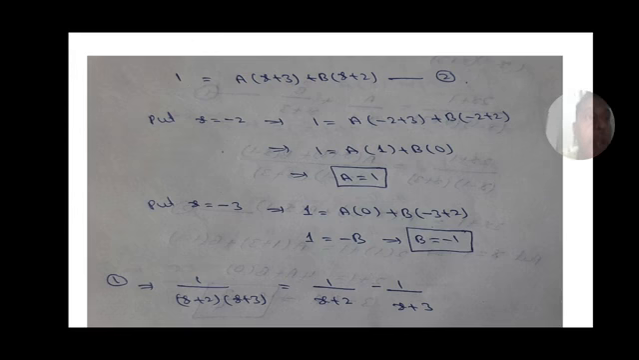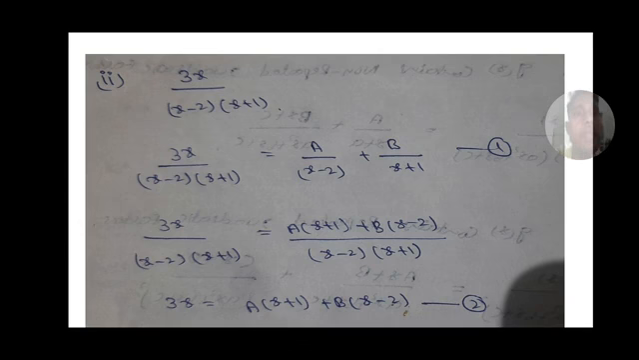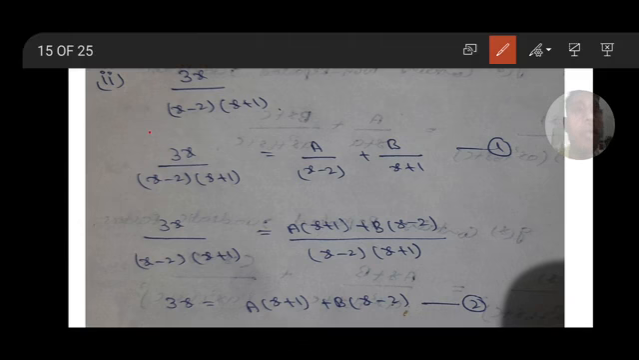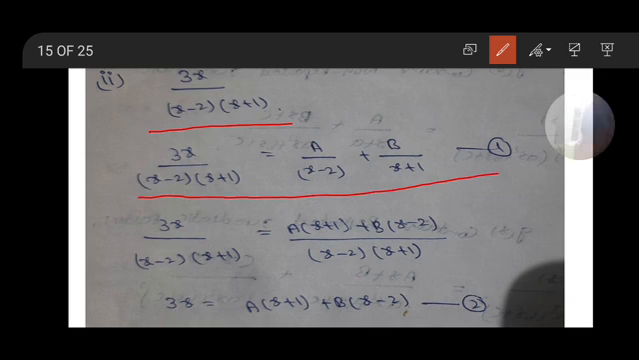Okay. Next problem, 3x by (x minus 2) into (x plus 1). Here also the denominator contains non-repeated linear factors. Both the factors x minus 2 and x plus 1 are linear factors and they are not repeating, not equal. Therefore, it can be written as, in the first case, 3x by (x minus 2) into (x plus 1)